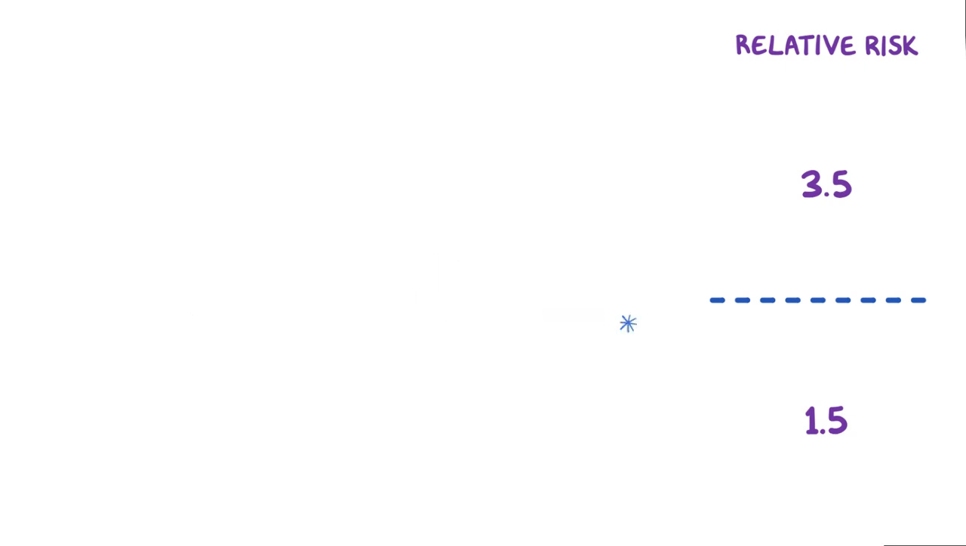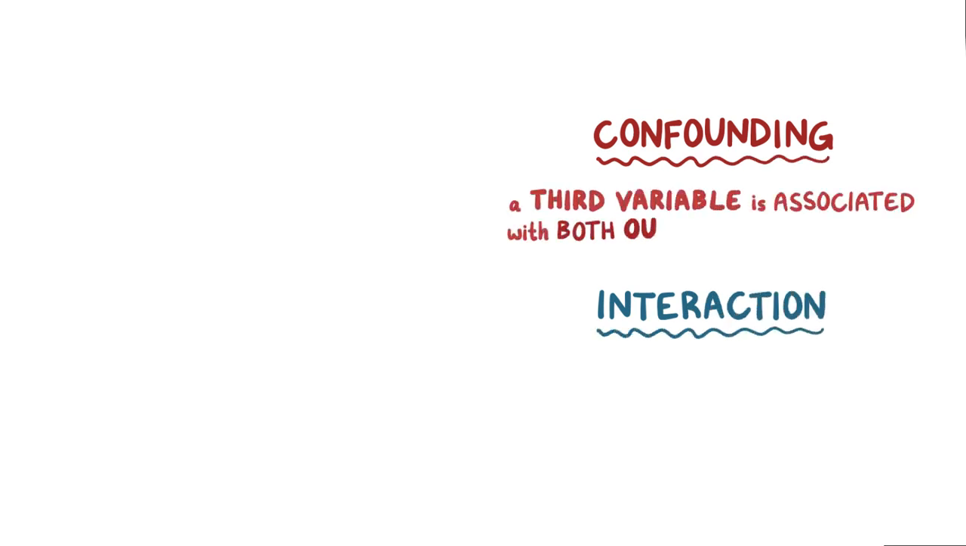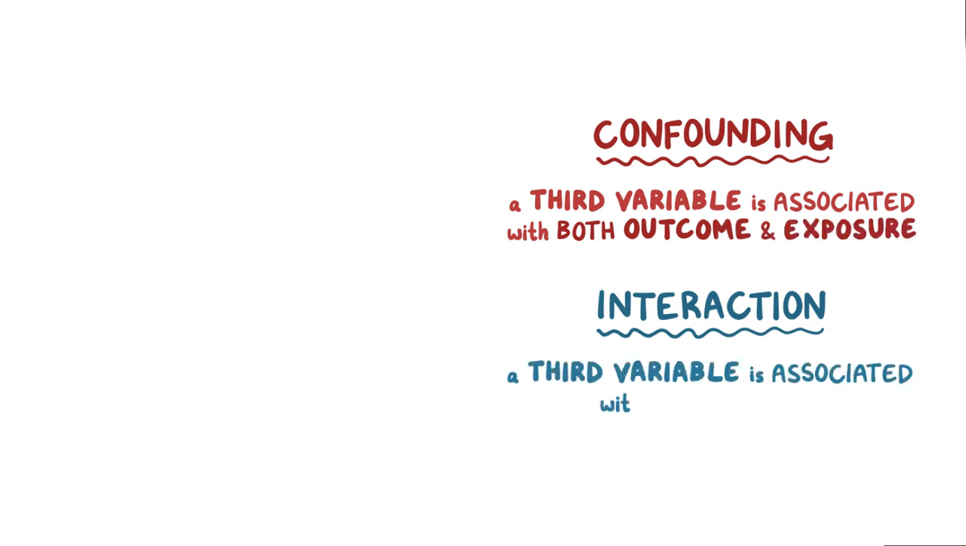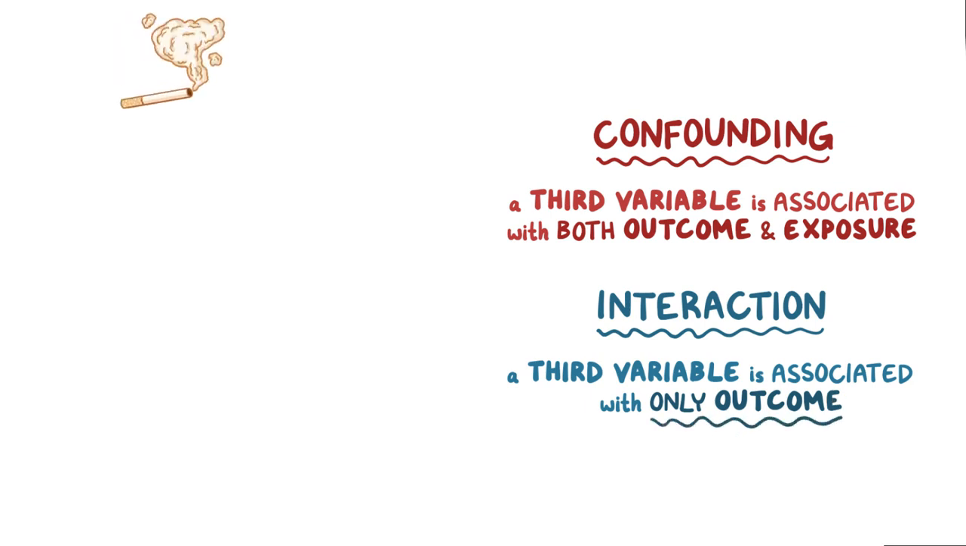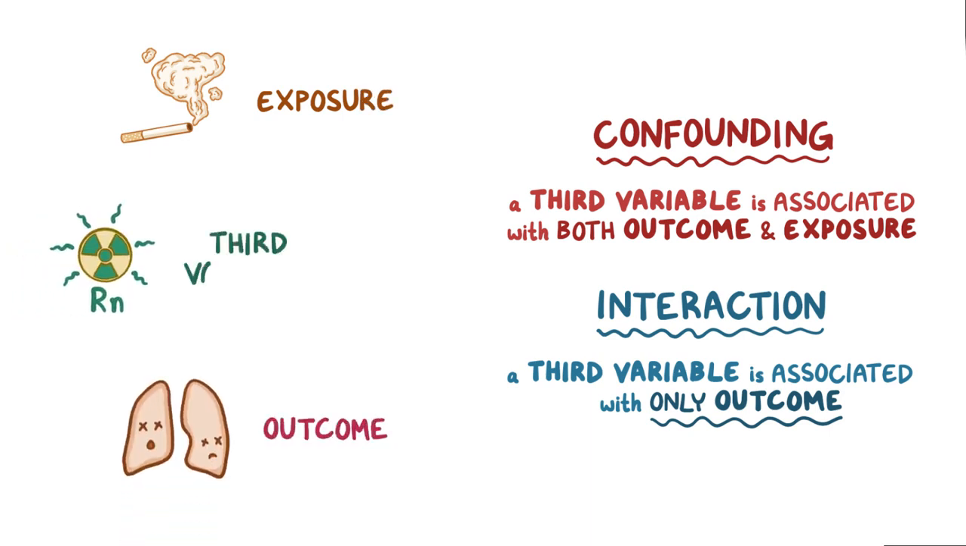One common mistake is not distinguishing between confounding and interaction. In confounding, a third variable is associated with both the outcome and the exposure, whereas in interaction, a third variable is associated with the outcome but not the exposure. For example, let's say that smoking is the exposure, lung cancer is the outcome, and radon exposure is the third variable. Here, there's an association between radon and an increased risk of lung cancer. But people exposed to high levels of radon aren't more likely to be smokers, so it's not associated with the